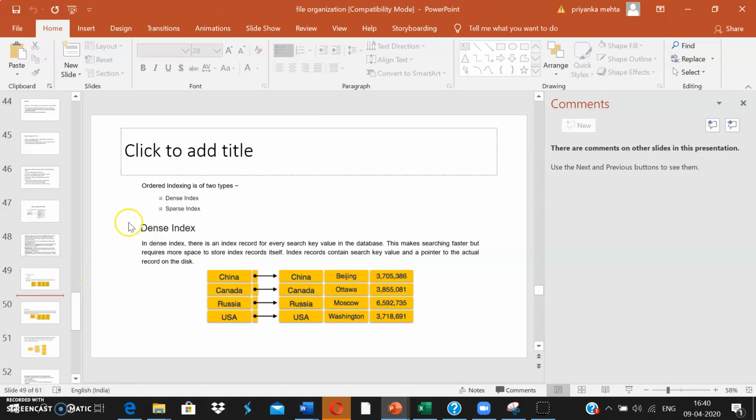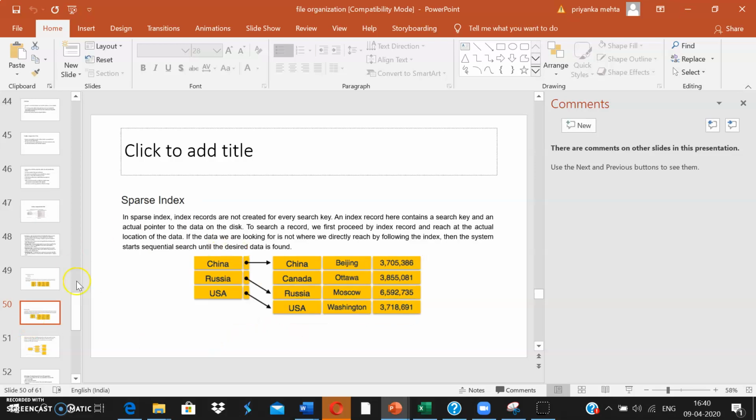So my index can be a dense index, or it can be a sparse index. A dense index is an index in which we have an index record for every record in my data file. So I'm having an index for every record, for example, like this. Whereas a sparse index is an index in which an index record is not created for every search key value. The index records will contain a search key and an actual pointer to the disk.